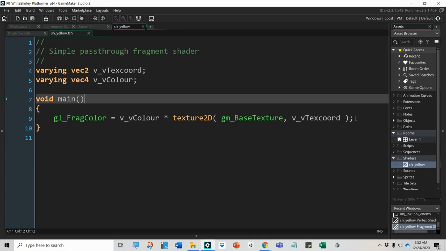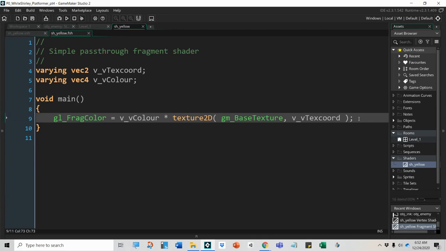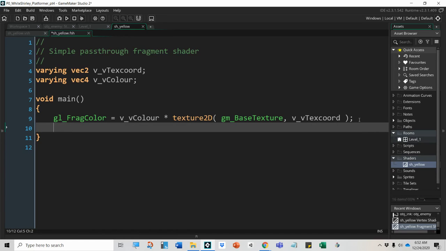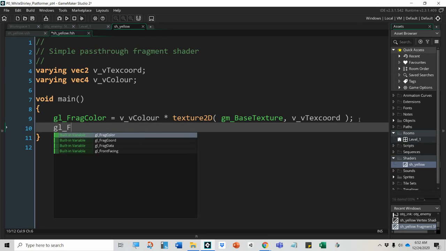Main methods are methods that are run kind of like a create event, but not exactly. Regardless, inside of there, we have 1 line of code. So we're going to click at the end of that 1 line of code, and we're going to add a second line. We're going to type GL underscore frag